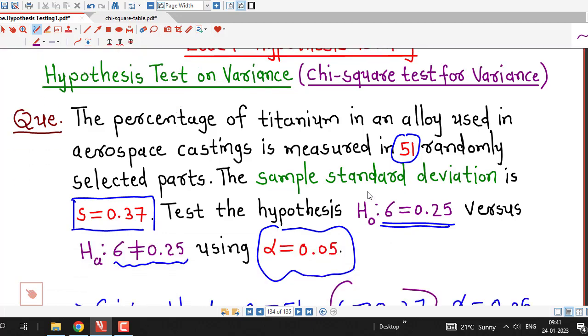Here we are asked to test this null hypothesis against this alternative hypothesis, and we conclude that we reject the null hypothesis that the population standard deviation is 0.25. Because we are rejecting this null hypothesis, we can say that the population standard deviation is different from